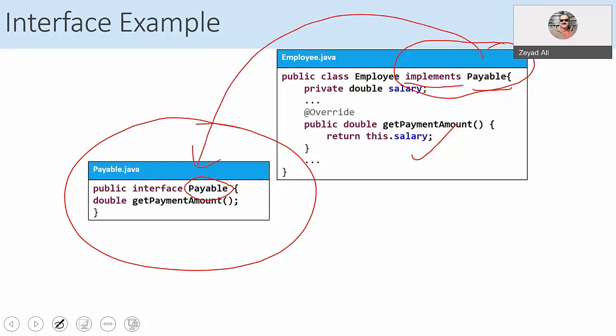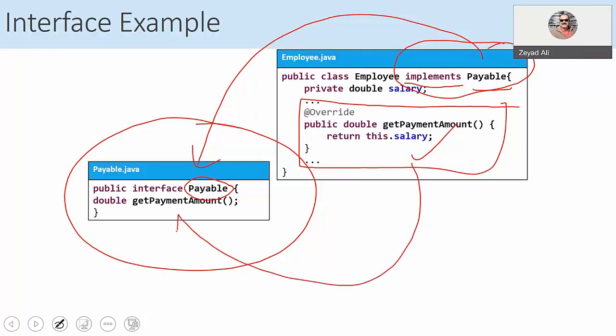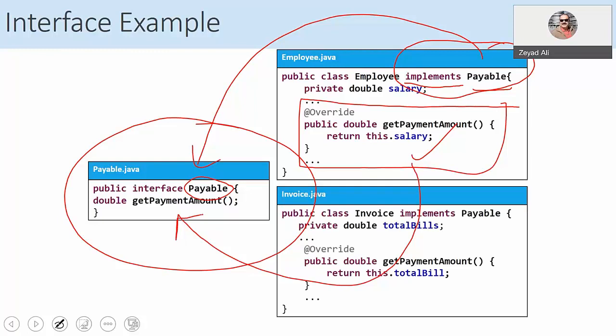What does implements the payable interface mean? It means it provides an implementation of all the methods in the interface, which is one method here in our simple example. Now, see the second one, which is invoice. Invoice implements payable again.